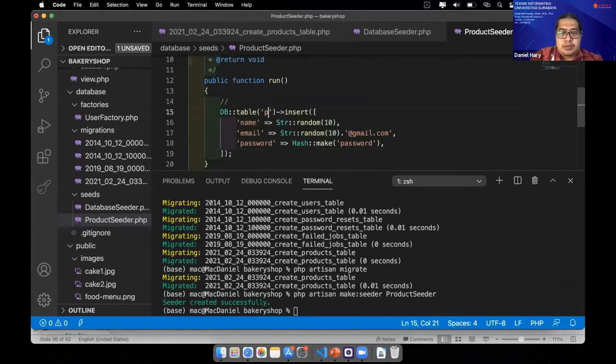Table products. To insert, the ID is not necessary because it is auto increment, or serial in other database types. The name of the product, for example, matcha pudding.